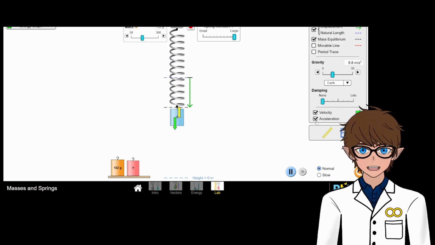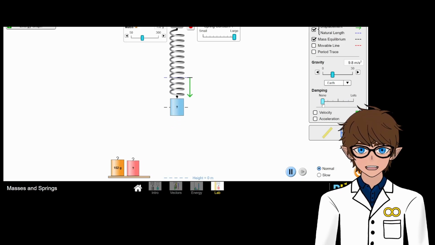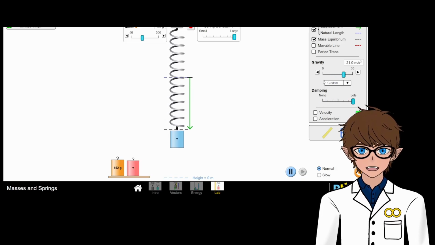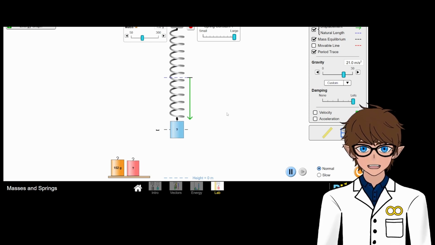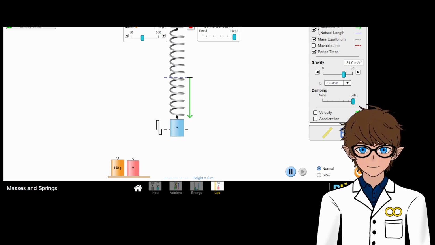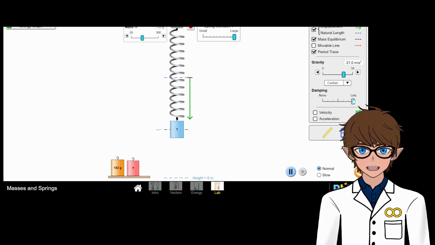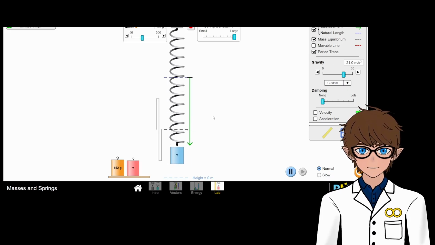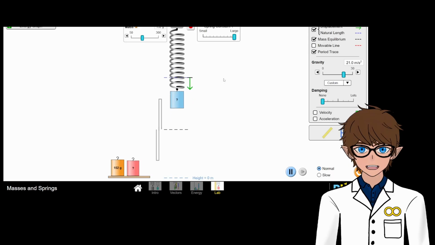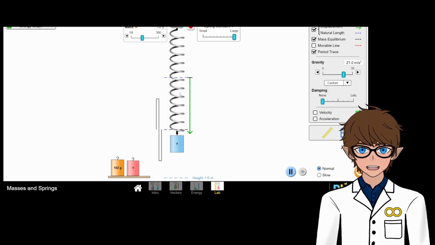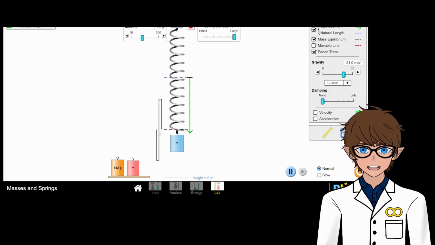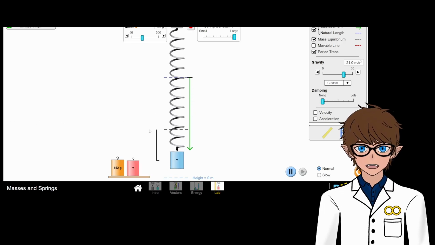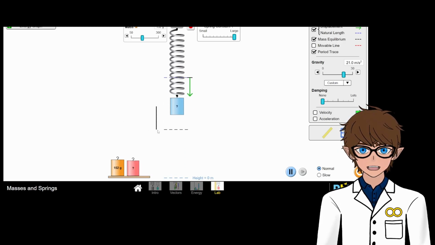You can play with acceleration and velocity here as well if you want. Or you can add dampening, it's just going to slow down and stop. You can change the gravity, you can trace the graph. Oh, hold on, let me just turn off dampening so I can actually explain this. So we see that this is how this works. And this may already be familiar to you. I'll cut this short and continue to solve the example, and maybe you'll recognize or remember this after we